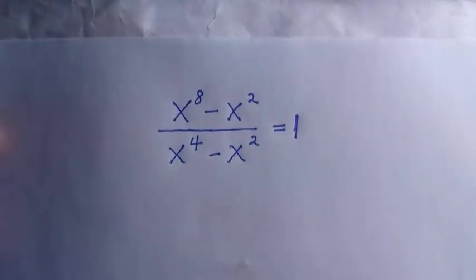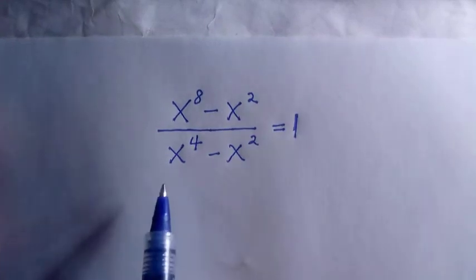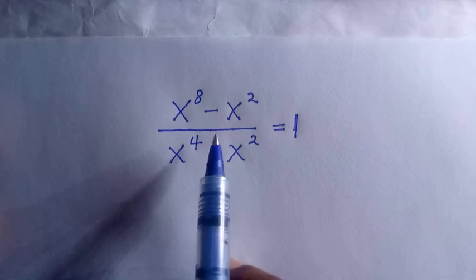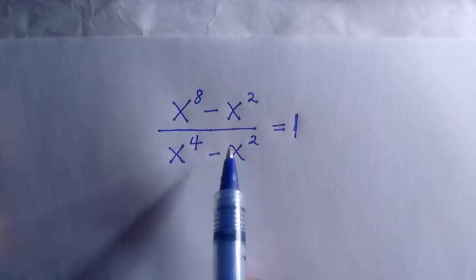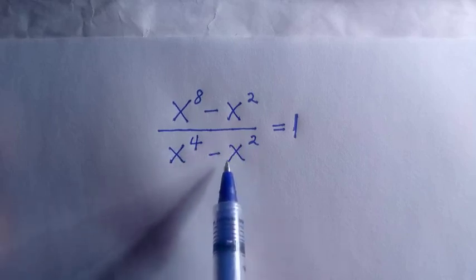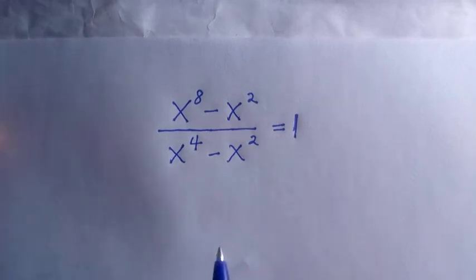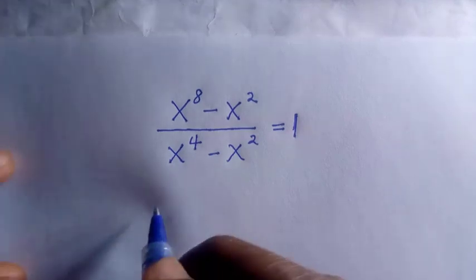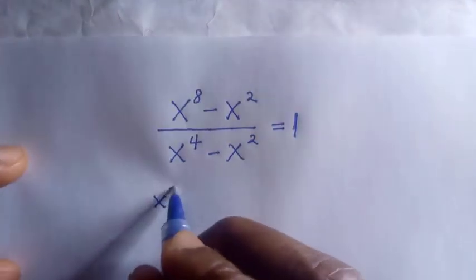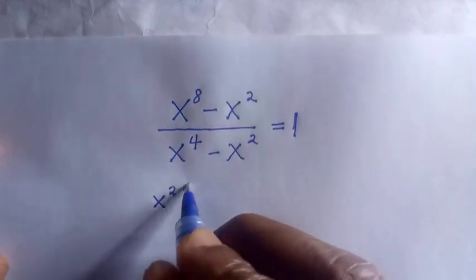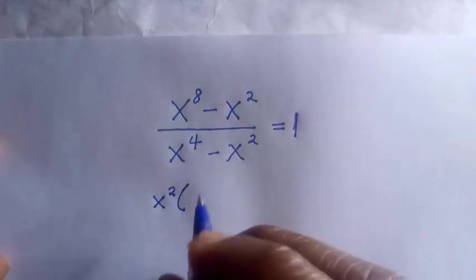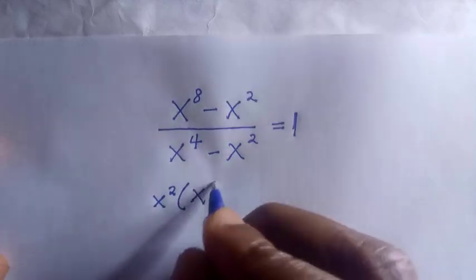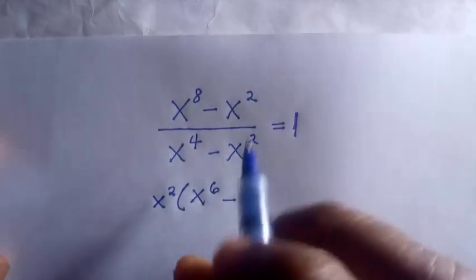How to solve these algebraic equations where we have x to the power of 8 minus x to the power of 2 divided by x to the power of 4 minus x to the power of 2 equals 1. To solve this, what is common here is x to the power of 2. By factoring out x to the power of 2, when we divide this one by x to the power of 2, we have x to the power of 6, minus, when we divide this one by x to the power of 2,